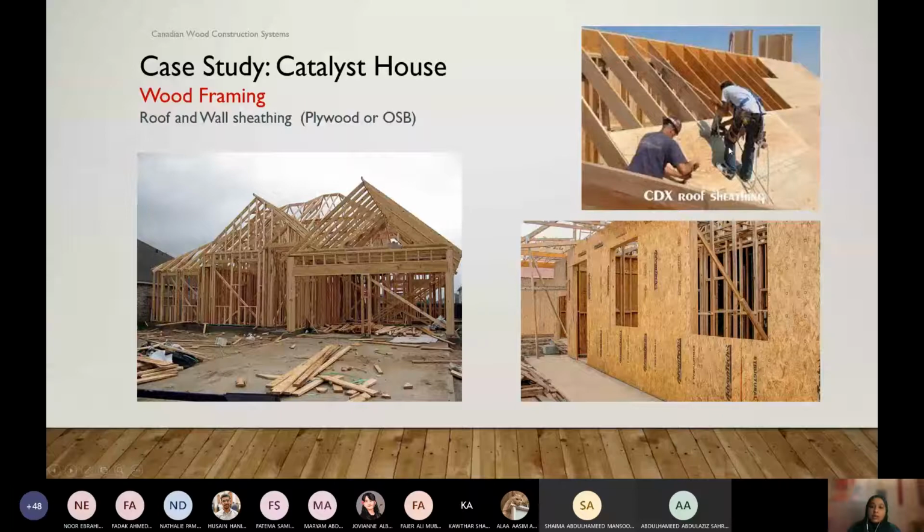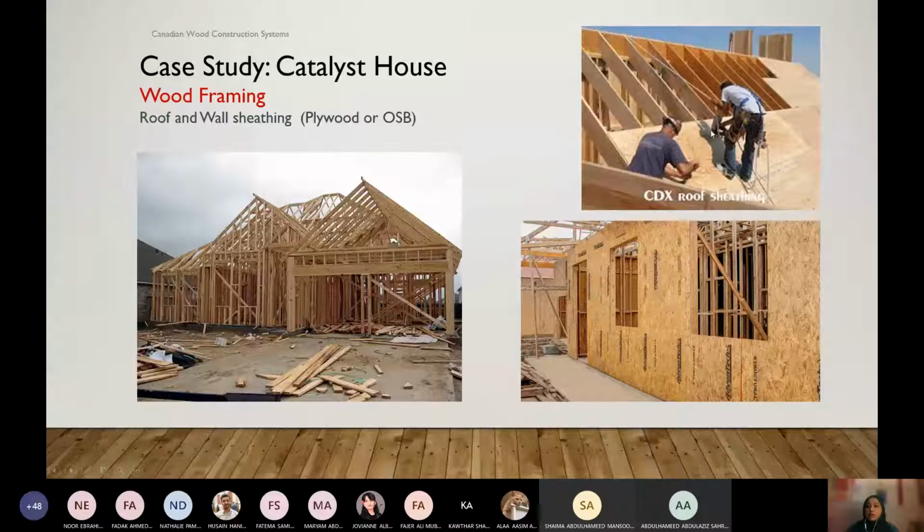The same thing goes for the roof also. We use wood panels on top of the trusses, and those also come in the same size, 4 feet by 8 feet. That's why, in the whole house, the framing member spacing is 24 inches or 16 inches.